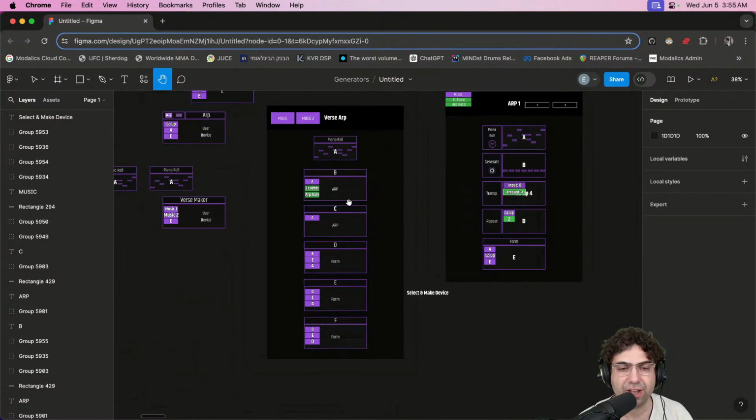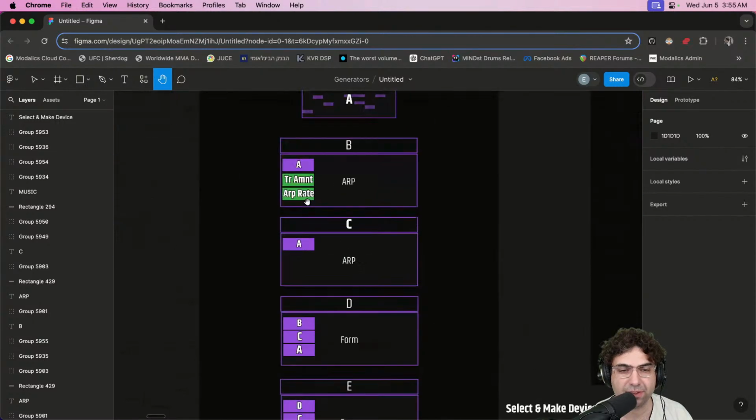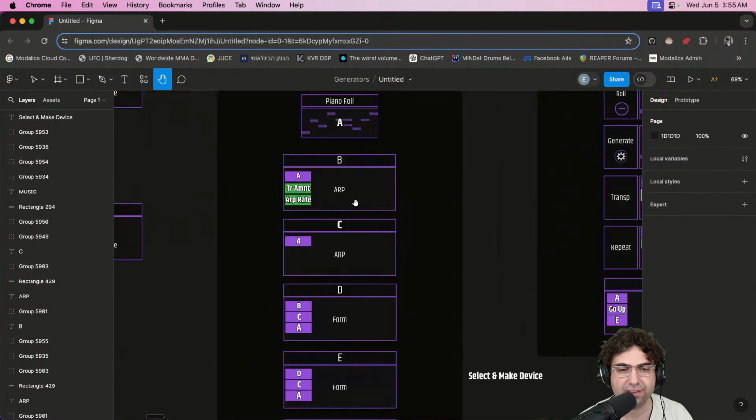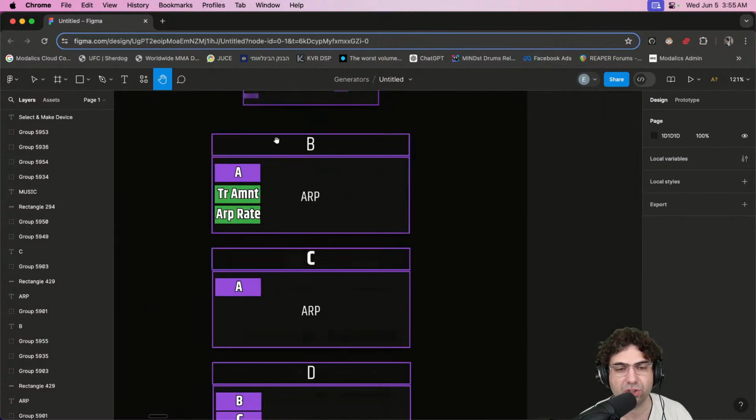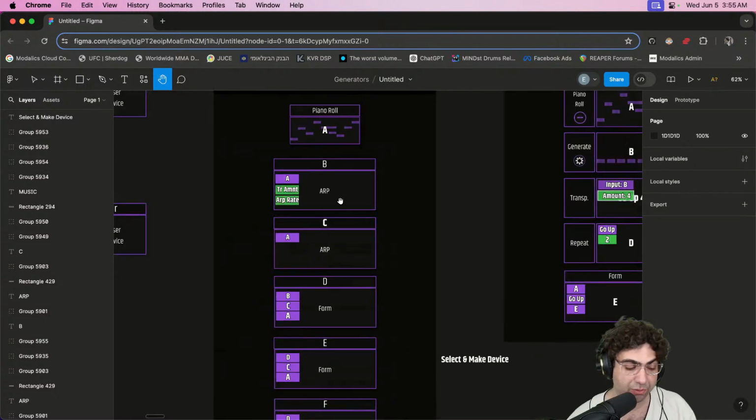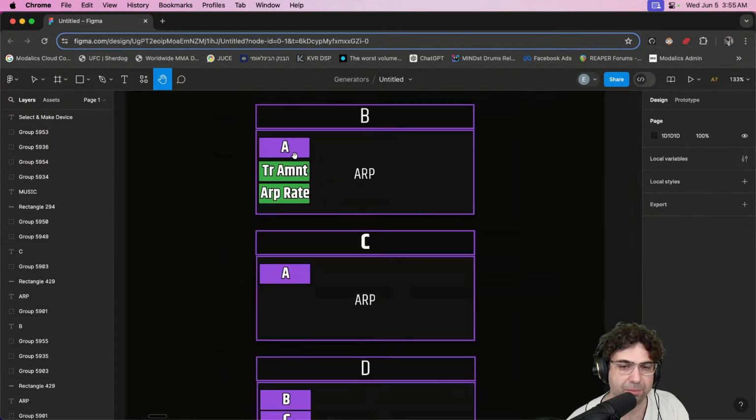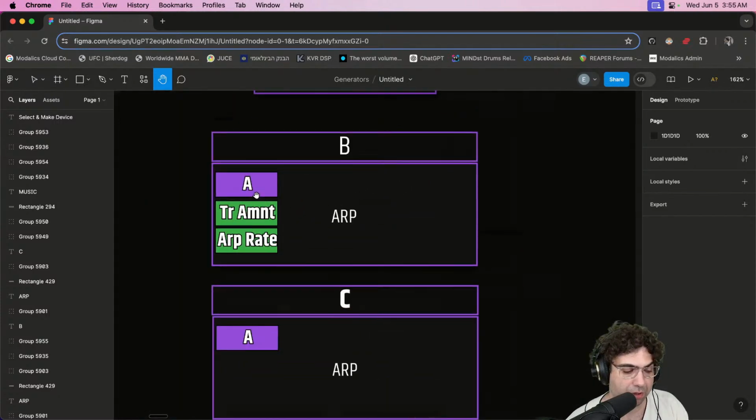interacted with. The way I'm currently expressing this, a device is a function that takes inputs, could be 0 to multiple inputs, and returns one output. The output is currently the color. Currently purple is our color for music or for a musical sequence. And there are going to be other colors, like green, that represent an integer, a number. So here I have a purple input and 2 green inputs. So it takes one musical sequence and 2 integers, right?